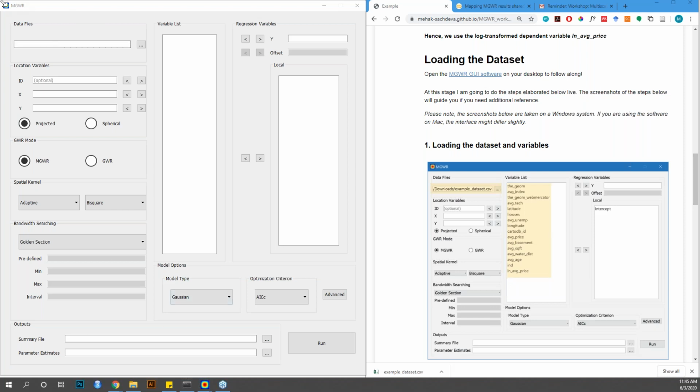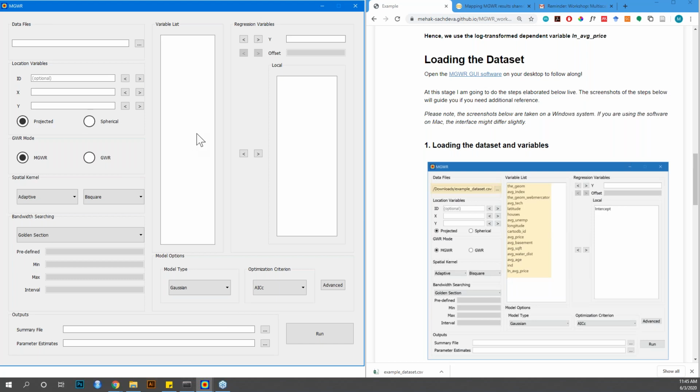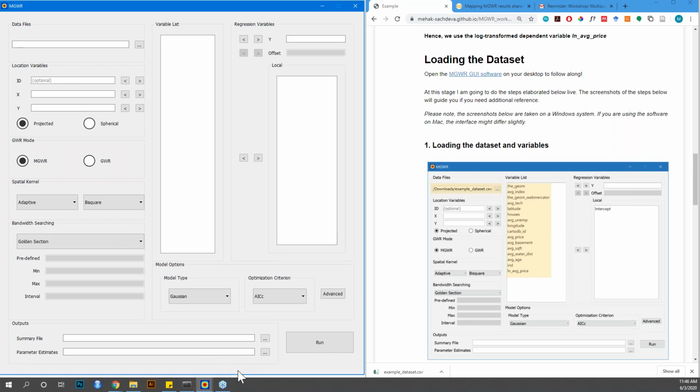Great. So this is what your interface should look like at this point. It's very simple, very, very clean. And I will talk through each and every option. It may look a little intimidating to begin with because of all these options and what they do. But because we've had a good conceptual build-up, I think you will all be able to follow along with what is happening. So to input your data from wherever your file is located, the first step is